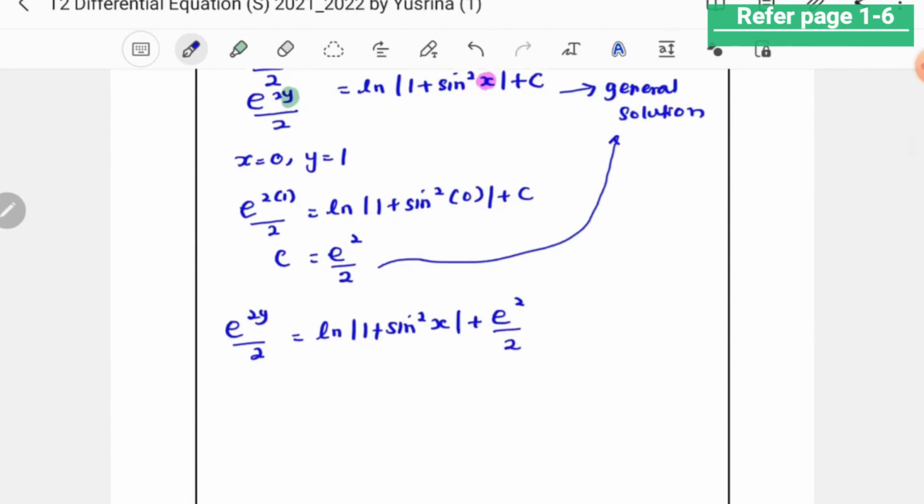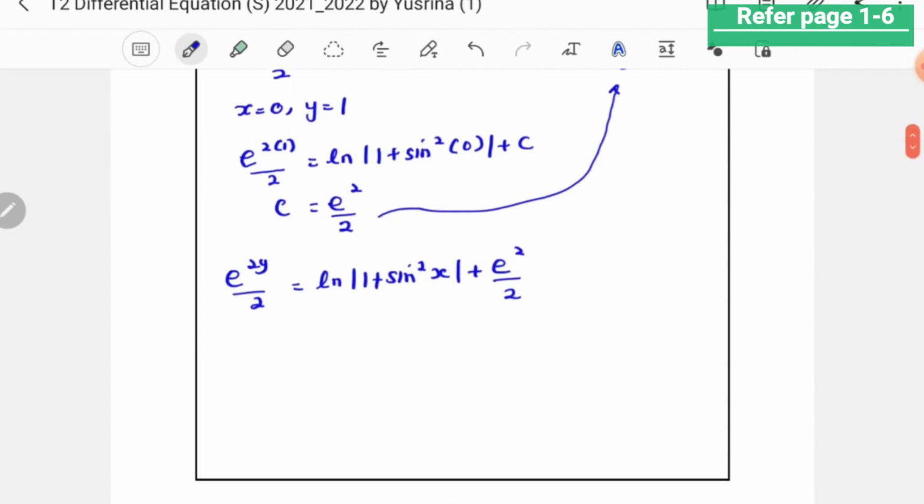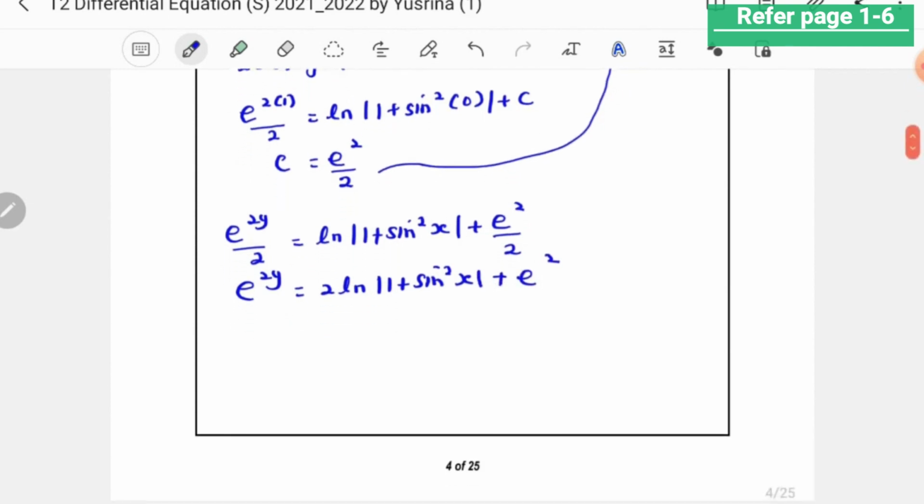Okay, then try to find y as the subject. So e^y equals 2 ln(1 + sin² x) + e². Okay, then find y as the subject,